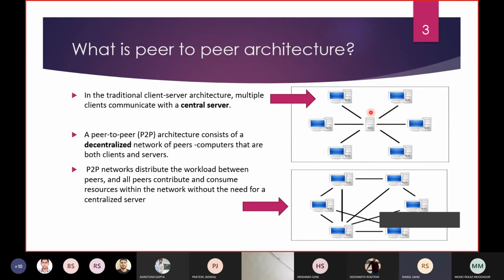Peer-to-peer networks consist of peer computers, and those computers work both as client and also as server. So these are peer computers that are interconnected together, and our Gnutella network is also a peer-to-peer architecture. So here, if one peer wants to search something, it will send a query, and if any peer has the data that we are searching, that peer will send a query hit, that is the reply to the query.